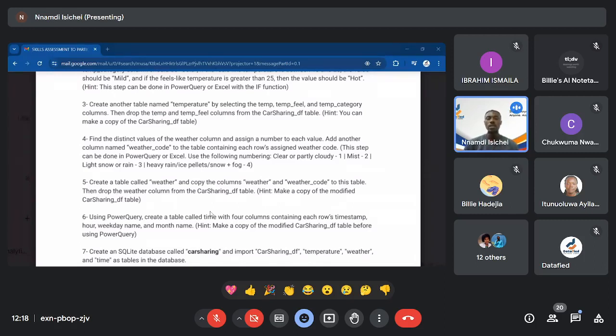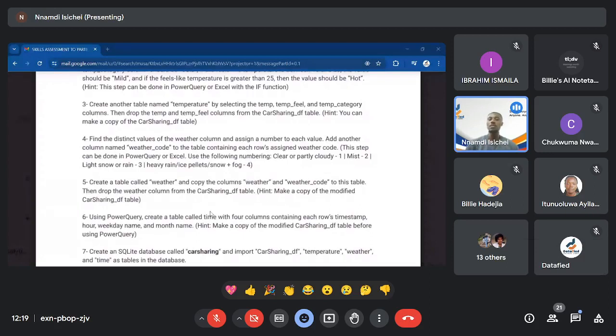Then you turn in. Once you're done with this, there is in the email a detailed instruction of how to submit your work. Only those who are able to complete this task between now and Wednesday and do a good job will be considered to continue with this advanced class. Like I said, this is important for us because in the advanced class, we won't be starting from basics or from scratch. We assume that you are all at intermediate level.